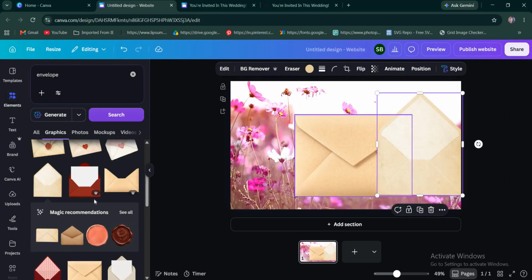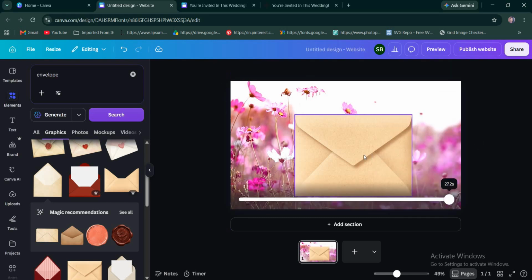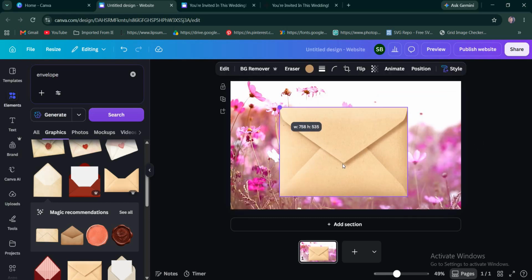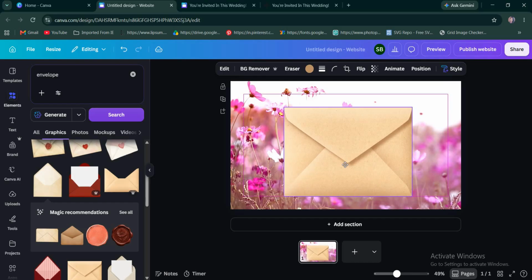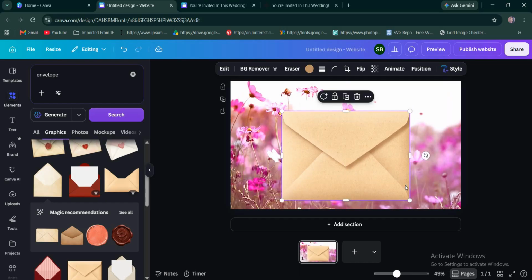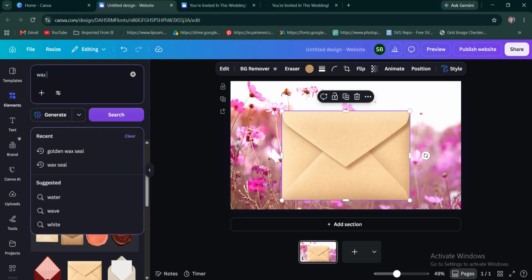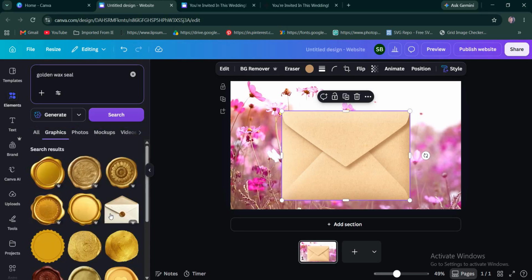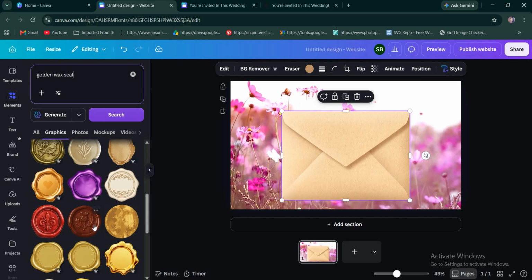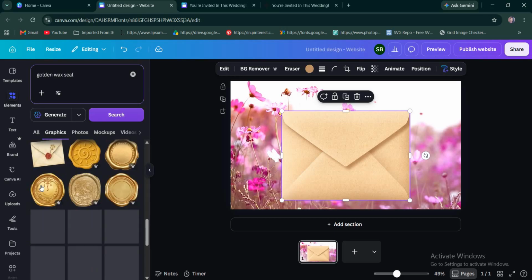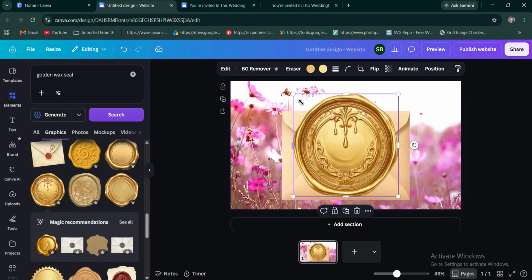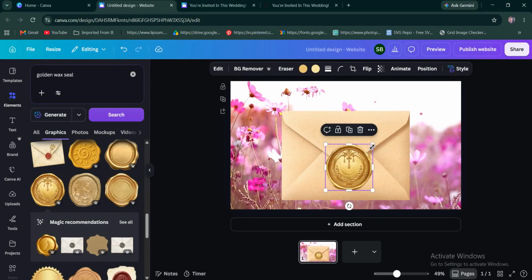Okay, so you have to match the color. Now you have to place this envelope, closed envelope, in this page. This is the first page. Okay, then we have to search wax seal, golden wax seal. Also you can search golden wax silk. So here you will find many kinds of seals. I choose this one,